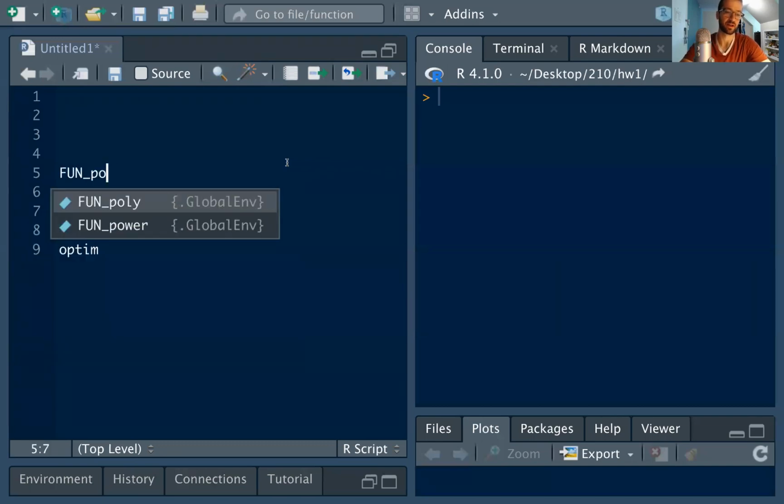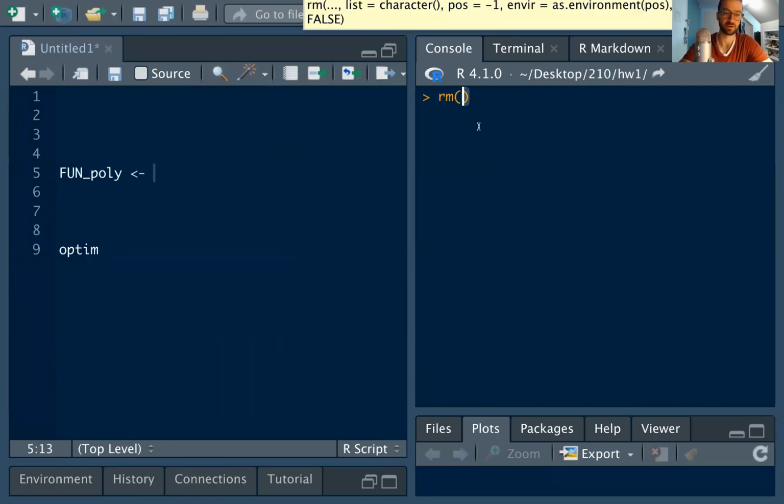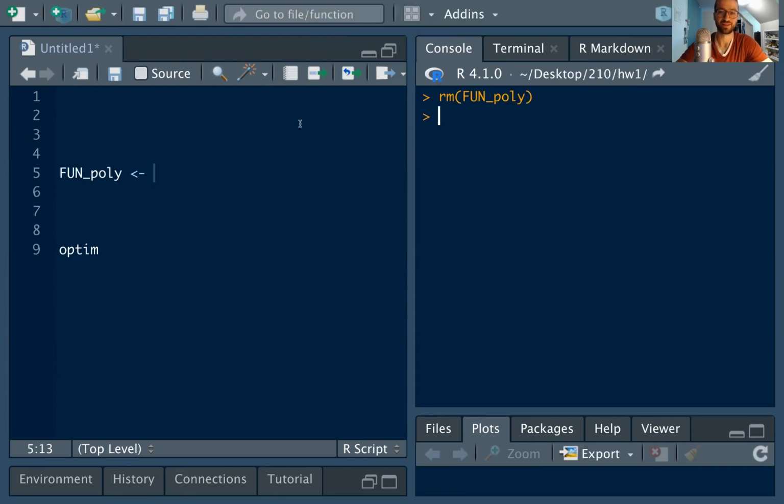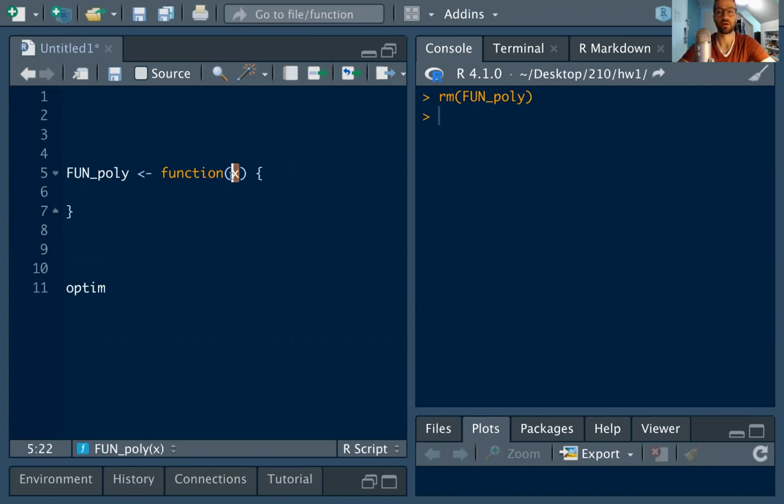I'm going to start by defining a function. I've actually already defined it, so I'm going to remove it from when I was prepping for this video. We're going to call this function, remember I like to name functions with capital FUN at the beginning, so we remember it's a function. We're going to call it poly, short for polynomial, and it's just going to be a function of X. We're just going to talk about single variable optimization in this video. Maybe in another video we'll talk about more complicated optimization. We'll do a simple example: negative (x plus 4) squared is going to be our function. So just a simple